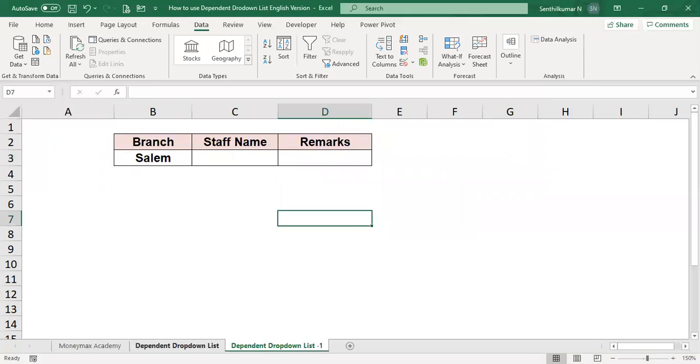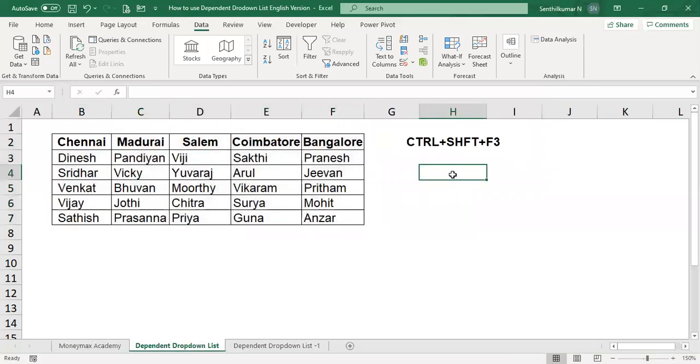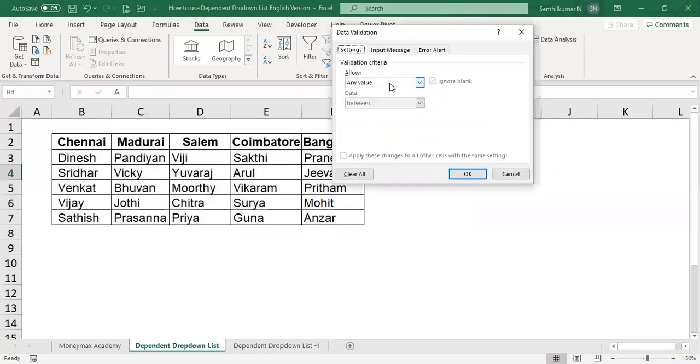What is the problem? Maybe I tried it in the same sheet. I can go here. Data validation. Any value. List. Select the list: Chennai, Madurai, Bangalore.